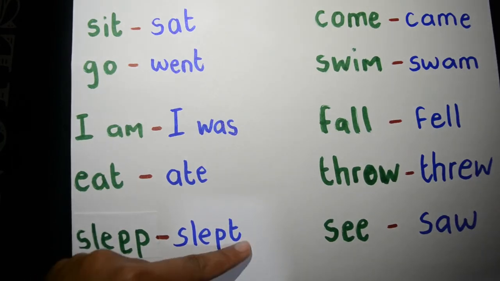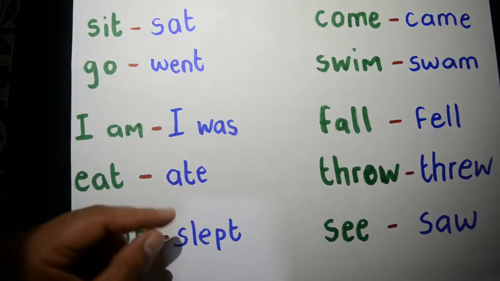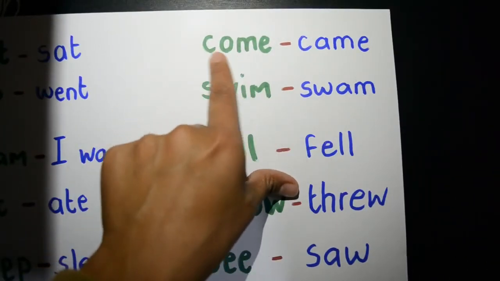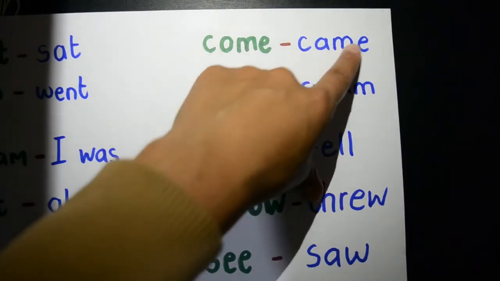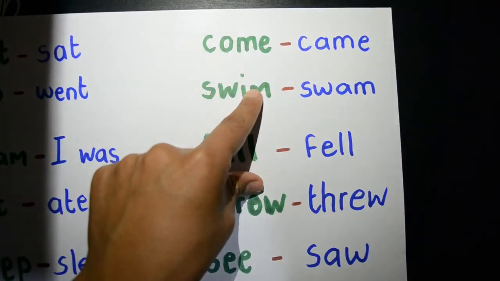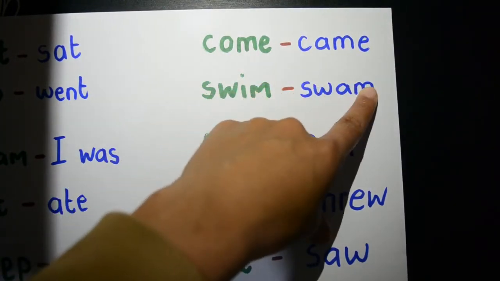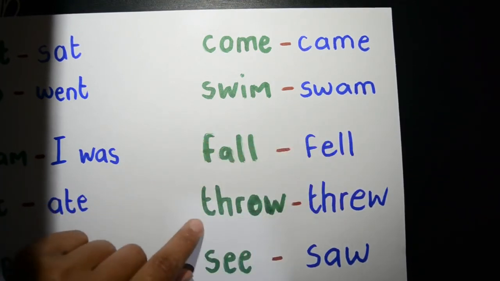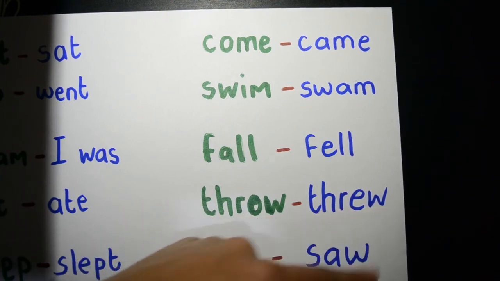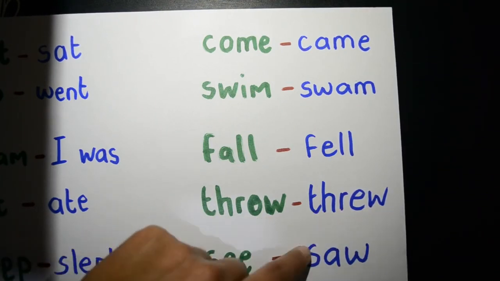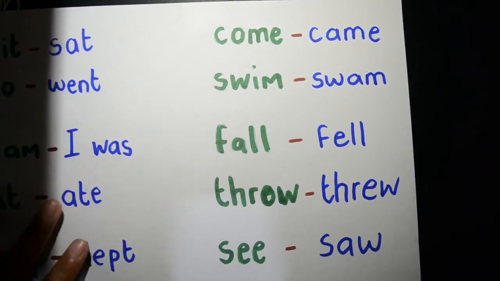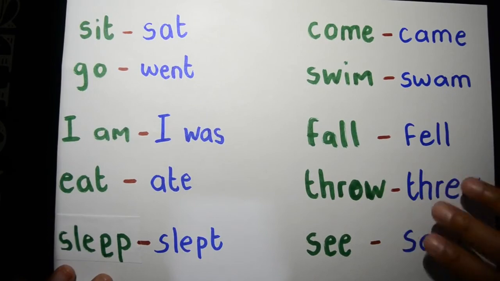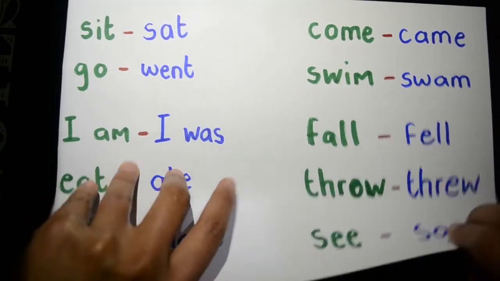Sleep, slept. I slept on the couch. Okay. Come. She comes home. She came home. Came. Swim. Swam. Fall. Fell. Throw. Threw. See and saw. Okay, so I'm going to give you some examples. Please write this down in your books. You need to copy these words. Okay,